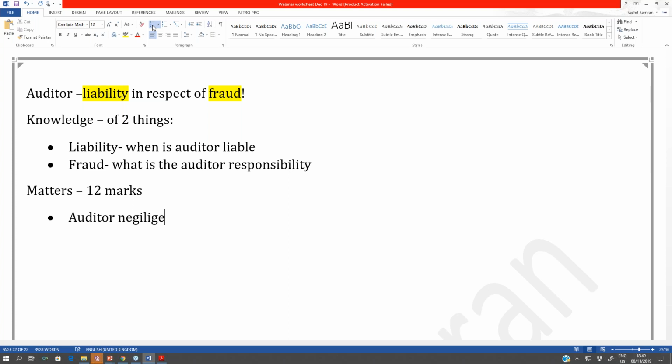Auditor's negligence. They have not performed procedures on payroll. Any one of them. So the first point, auditor negligence. They've not performed procedures on payroll. Second, you also need to mention the fact that the fraud of $4.5 million,